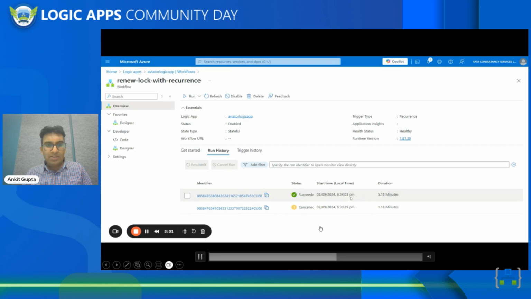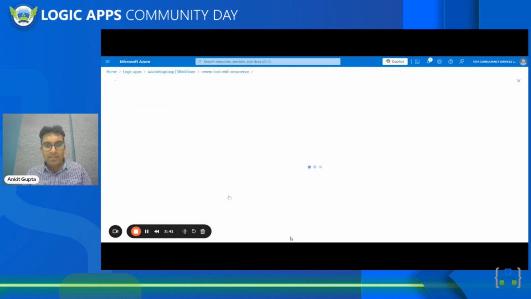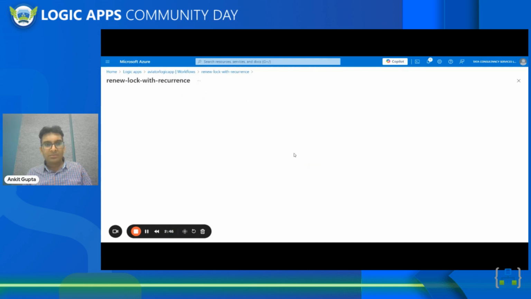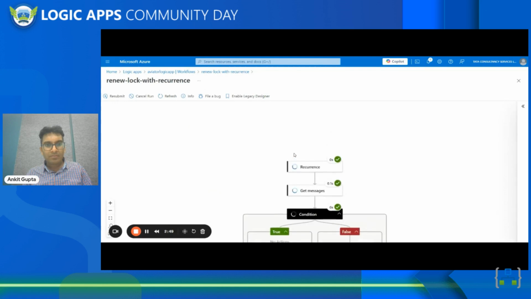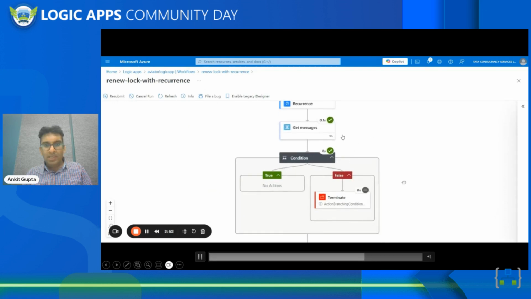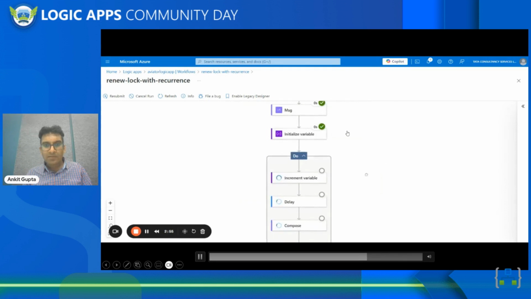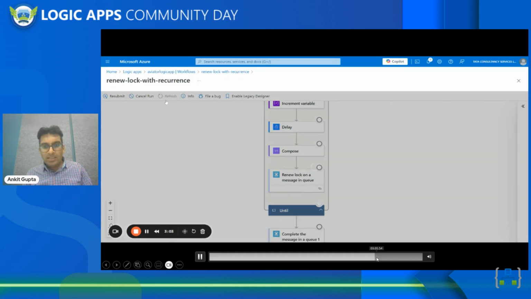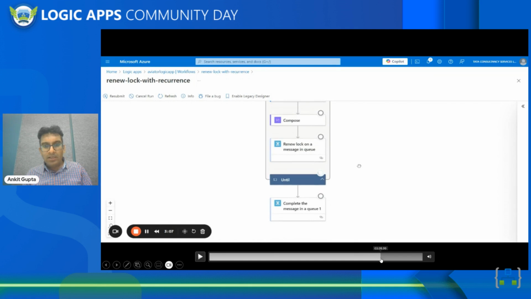This Logic App will be triggered now because we had pushed two messages in the Service Bus. You can see the Logic App has triggered and it is running. Now let me go into the Logic App again. Here the Logic App has triggered. It has got the message from the Service Bus, and it is now doing an iteration for 5 minutes. This process will take around 5 minutes, so if I fast forward it,